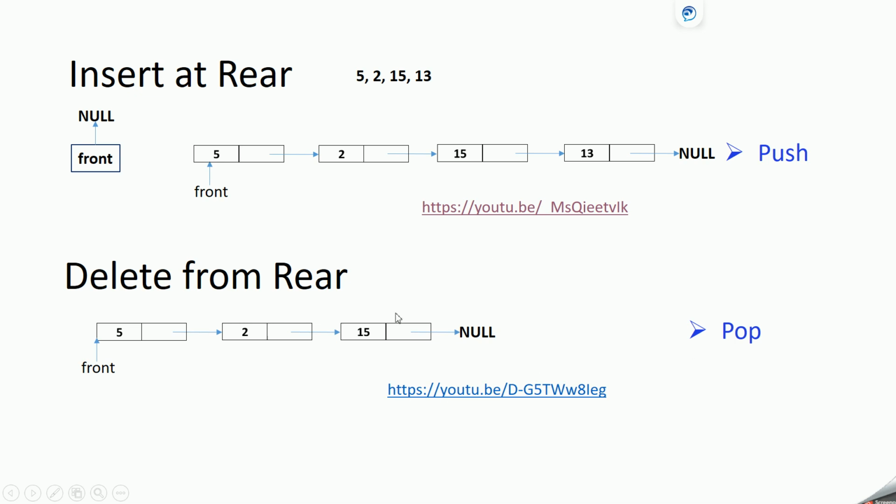So if you observe over here, 13 was the last added elements. Here 13 was added last, but when we are trying to delete, we are deleting it first. So here we are able to mimic the behavior of a stack, that is last in first out. So 13 was added last but it is processed first. Okay, so by inserting and deleting element from the rear or that is end of a linked list, we are able to mimic the behavior of stack. So now let's see the code.